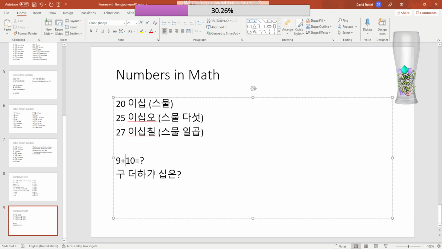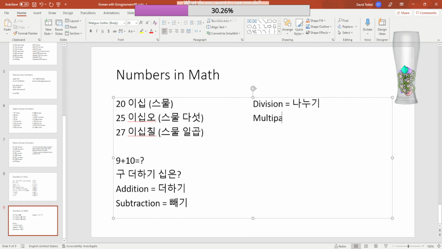So if we want the addition, we would just say 더하기, which is like "and more." If it's the subtraction, we say 빼기. If it's the division, we call it 나누기. And then for multiplication,